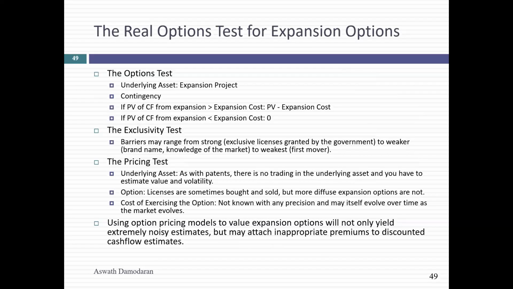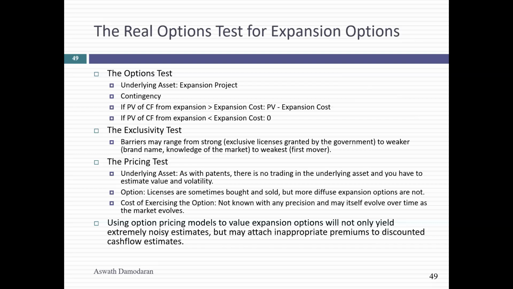So the option to expand, is there an option? Yeah, technically, yes. It's on the second project, not the first one. Is there exclusivity? That's where the questioning begins, because sometimes there is. In the case I gave you, it came from the fact that you collected data that was unique, that you could use to develop a second business. But lots of times there isn't. If there isn't exclusivity, take the options argument off the table.